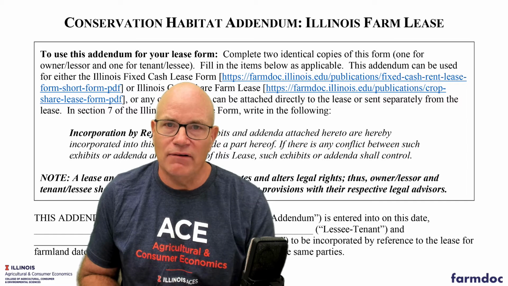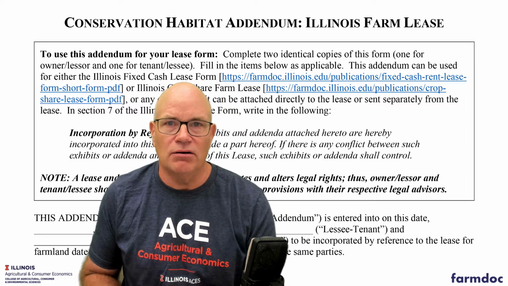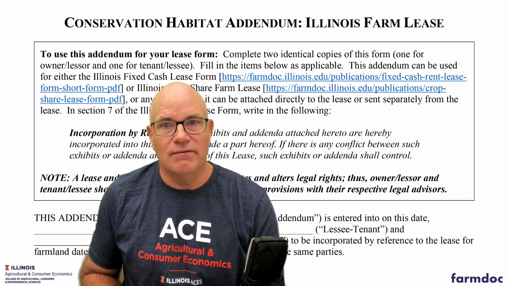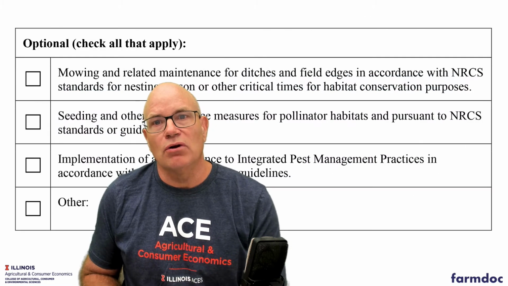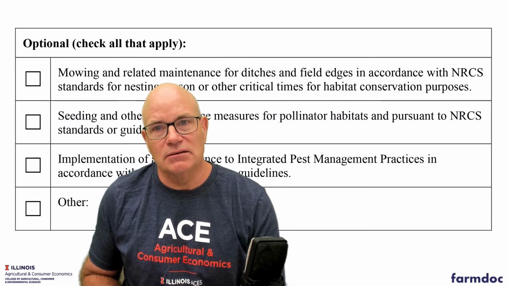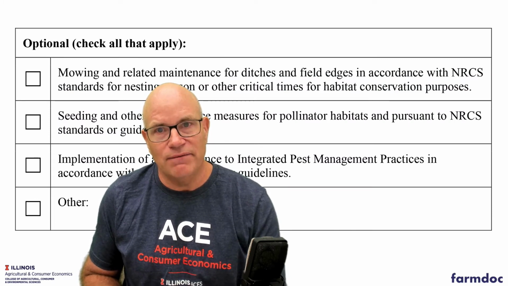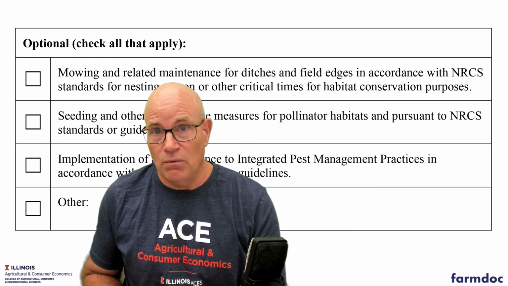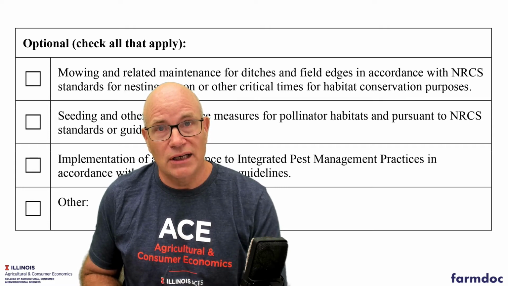So if we want to have an agreement between the farmer and landowner on conservation habitat, you could make those agreements with this addendum. This addendum will list the various terms that could be included in a conservation habitat addendum, and the individual would check those that want to be included. The three that I have